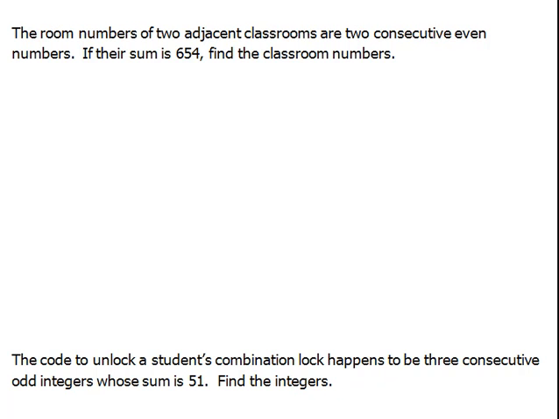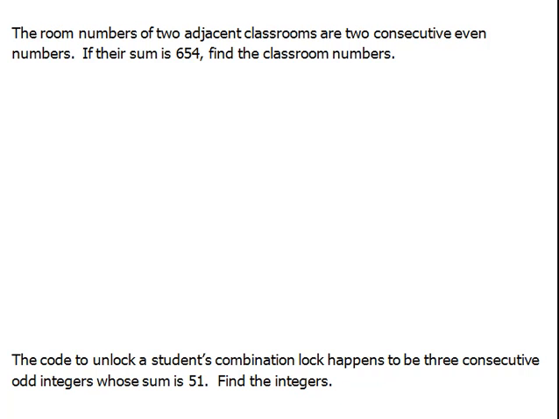In this problem, it says the room numbers of two adjacent classrooms are two consecutive even numbers. If their sum is 654, find the classroom numbers. Well, before we start working on this problem, let's try and figure out what in the world two consecutive even